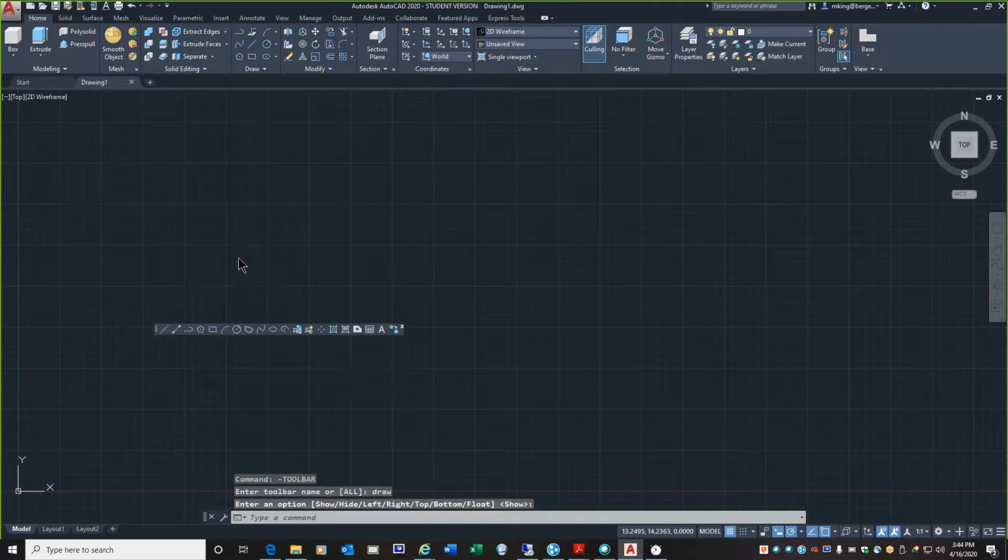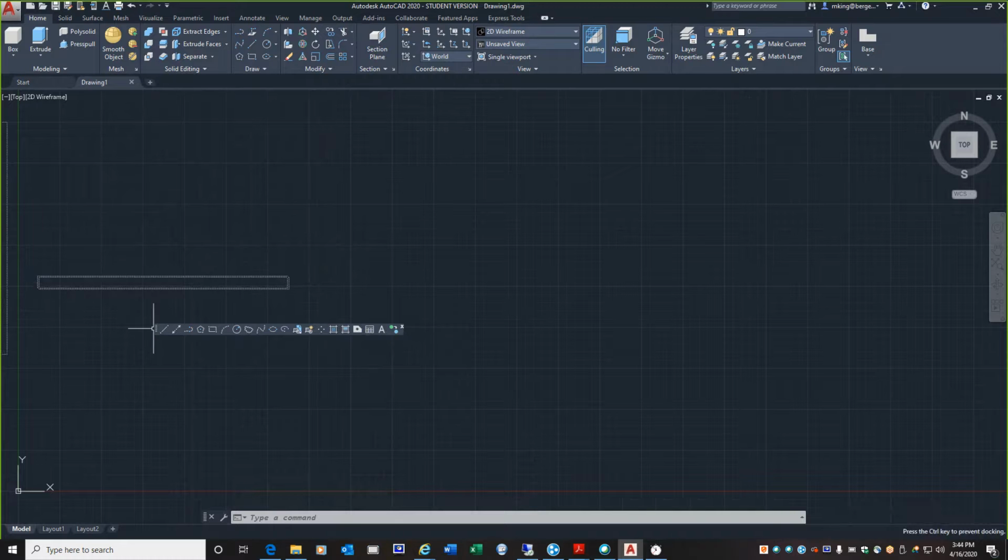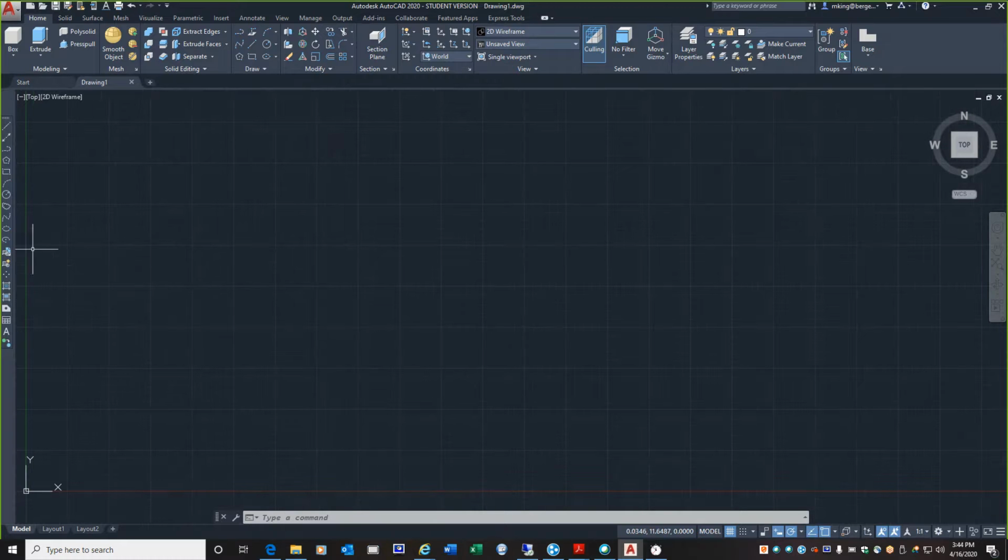Now, I don't know if your draw came where mine came to be. I think yours actually goes on the left side, right? It docks on the left side of the screen. So yours was probably over there somewhere. Now, we don't even want that toolbar, but we're going to use that toolbar to bring out the ones we